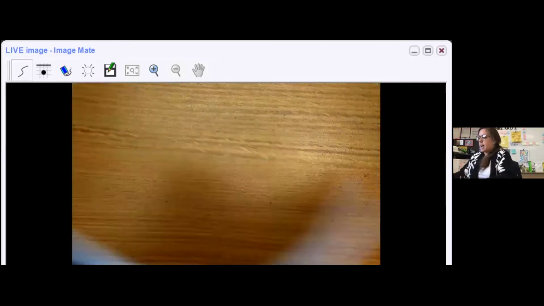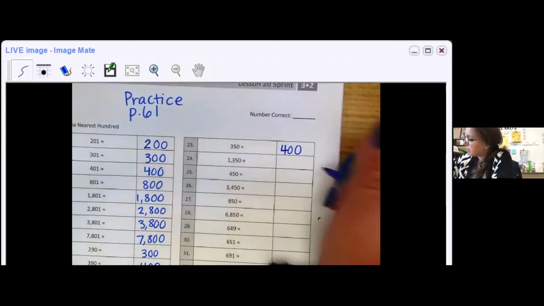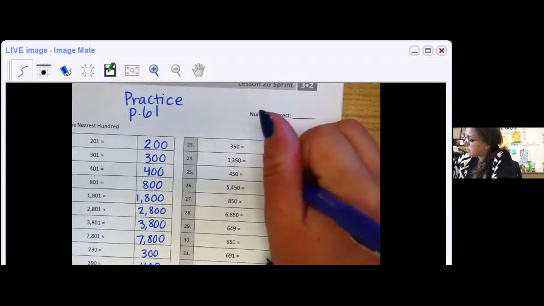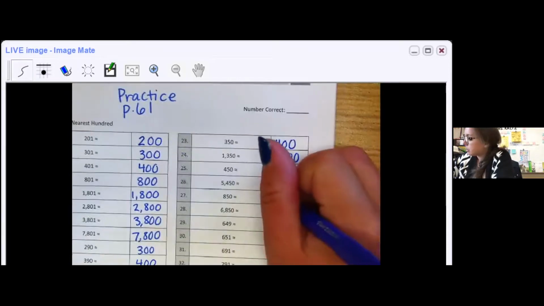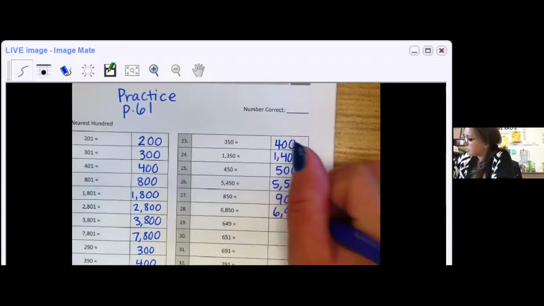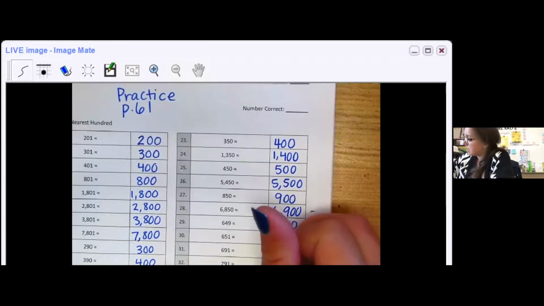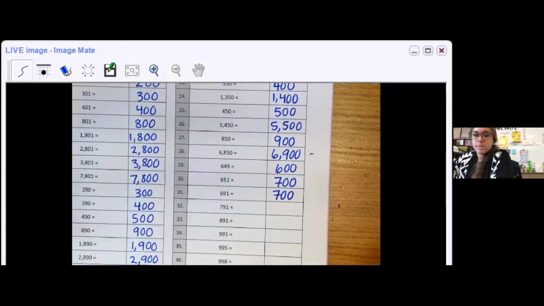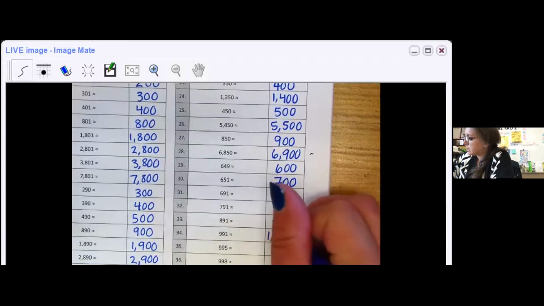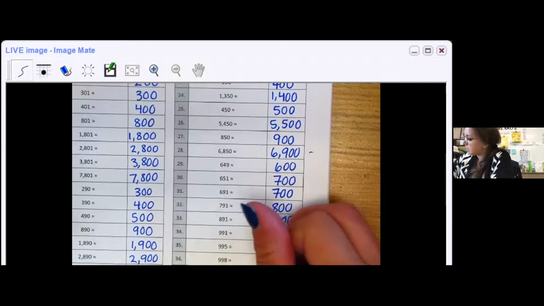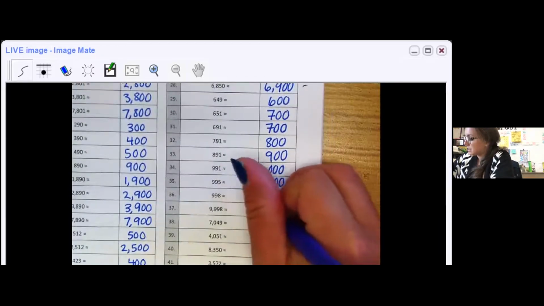Going up to the top of the second column. This one's tricky. It's right at the halfway, but we bump up. So 400, 1,400, 500, 5,500, 900, 6,900, 600, 700, 800, 900, 1,000, 1,000, 1,000, 10,000,